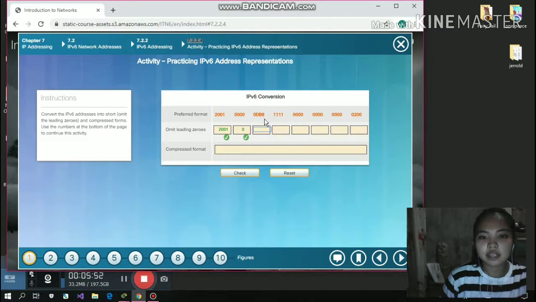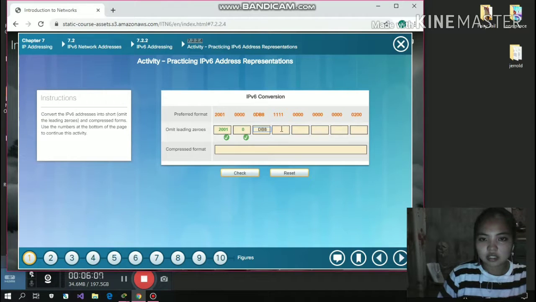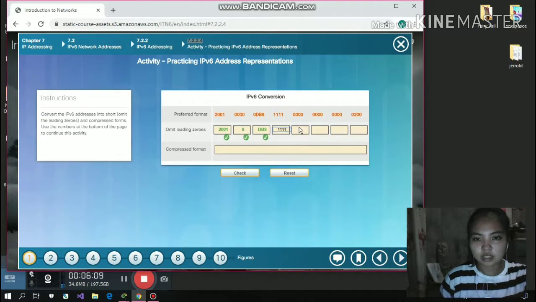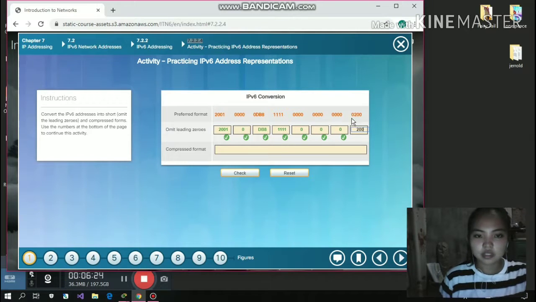And from 0DB8, you will not include the leading 0 in your answer, you only answer DB8. And from this one, which is 111, and these, you only type 0, then 0, then 0, then from here 200. Then when you are done, you have to compress this format from the omit leading zeros, which is